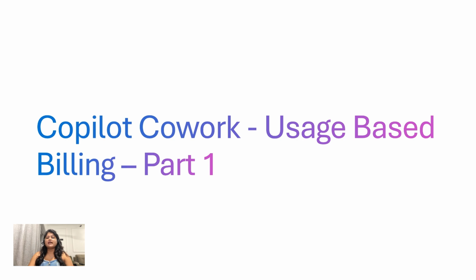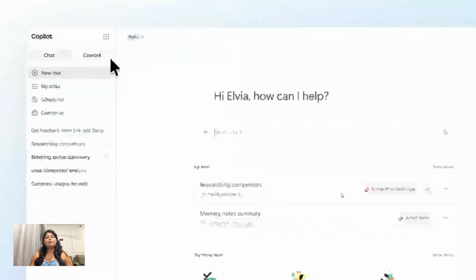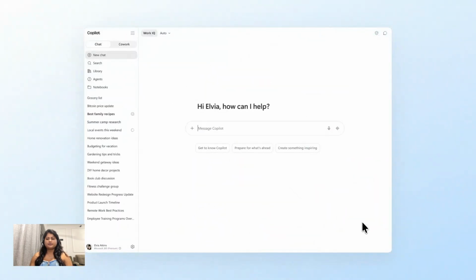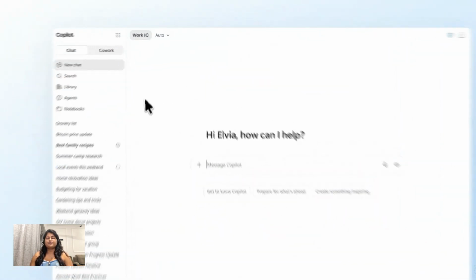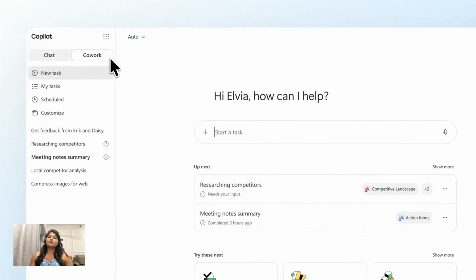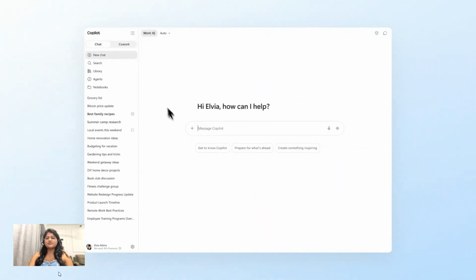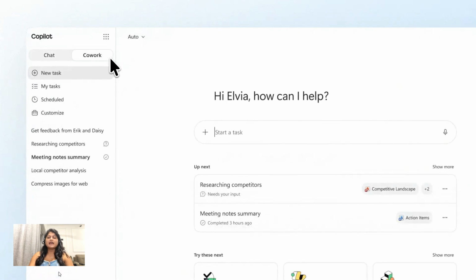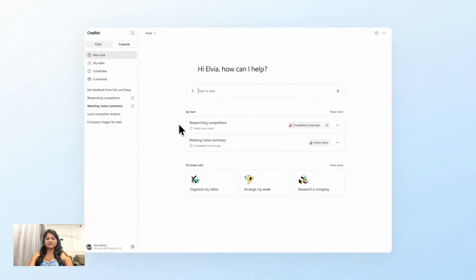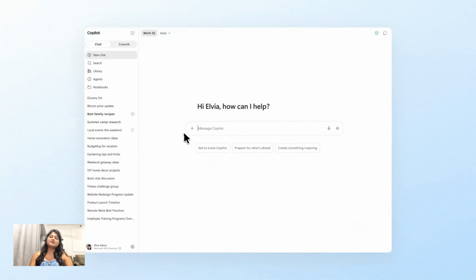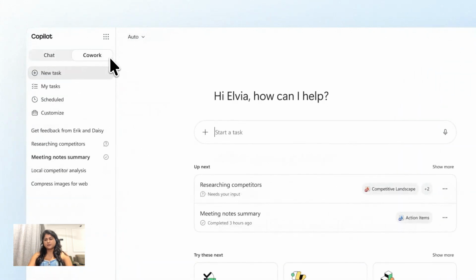Now, before we dive in, let's just quickly understand the difference between Copilot Chat and Cowork because that's very important. Copilot Chat is what most of us are already familiar with. You ask questions, generate content, and get a response within a conversation. But Cowork is a completely different experience for you.